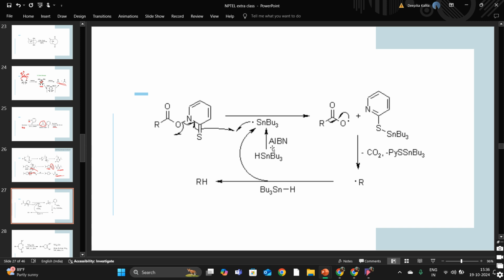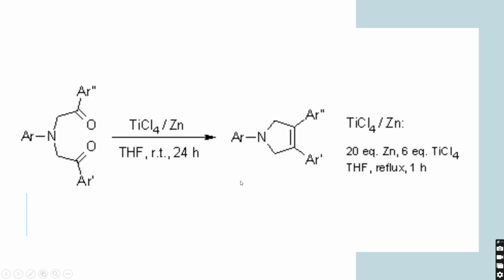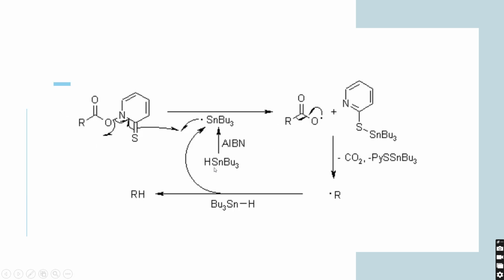So, AIBN is nothing but radical initiator. Okay, so AIBN will break the tributyl tin hydride into hydride radical and tributyl tin radical, and the tributyl tin radical is going to react with the Barton ester in this fashion. Okay, this carbon sulfur double bond is going to cleave by homolytic cleavage to form this sulfur tin linkage, and